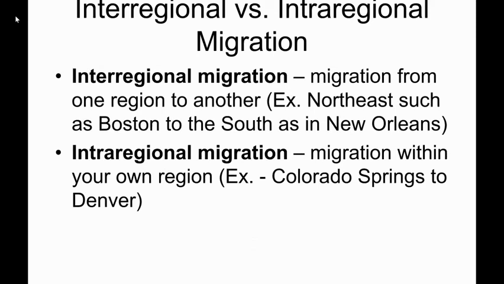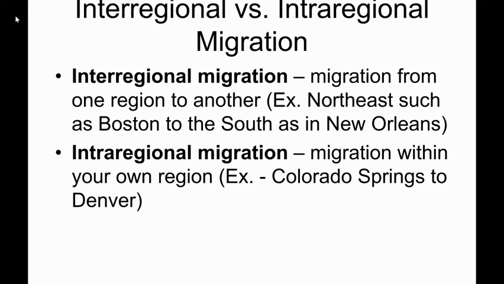All right, next concepts, interregional migration versus intra-regional. So really what we need to look at there is we need to know what a region is, and you guys should know what a region is: an area with common characteristics. And then you need to know those prefixes of inter versus intra. So inter is going to mean between, like between two different regions. Intra-regional means that it's inside that region. So if you're doing inter migration, then that means you're going from one region outside of your